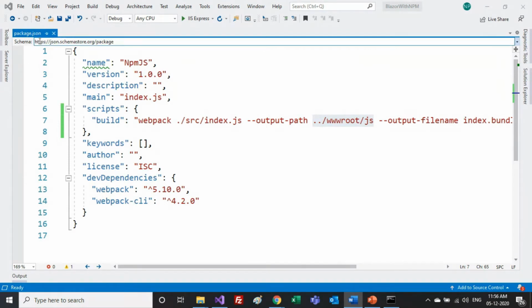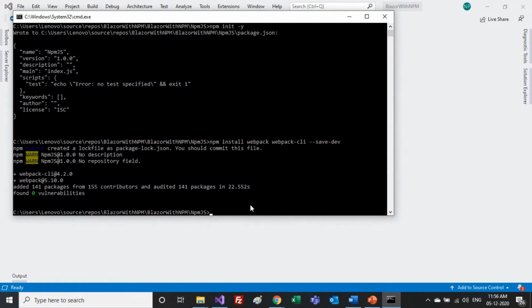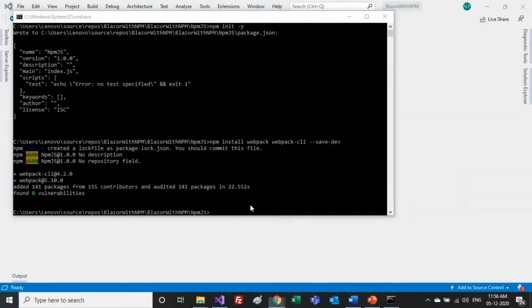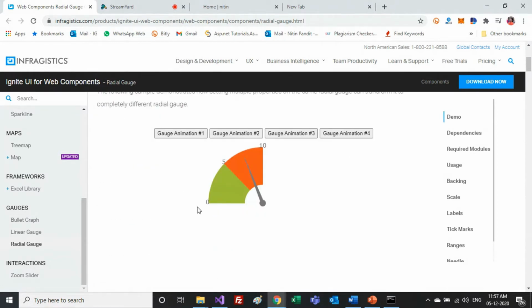The next step is to find a specific npm package which you want to use in your application. I have a beautiful package here, which is a web component by Infragistics. Just for a specific demo, I'm going to use this particular gauge to show some kind of meter information, some percentage maybe, or a chart like the ones Google shows whenever we have some elections.